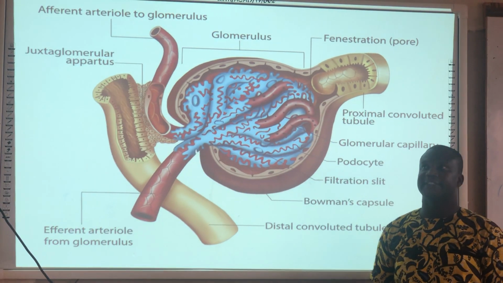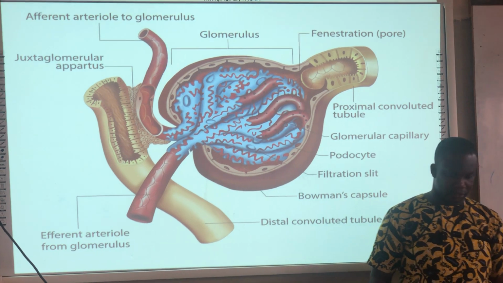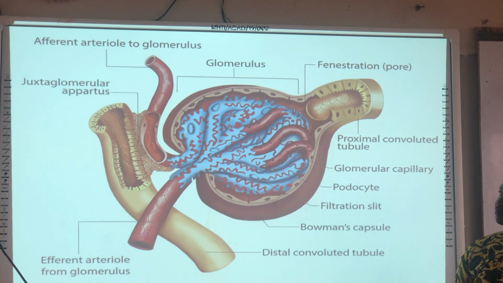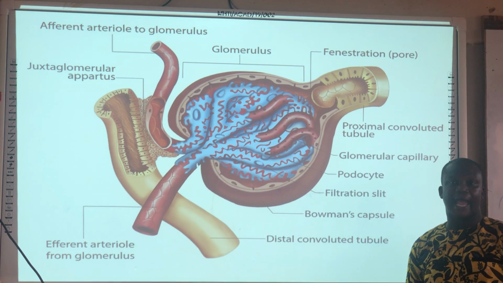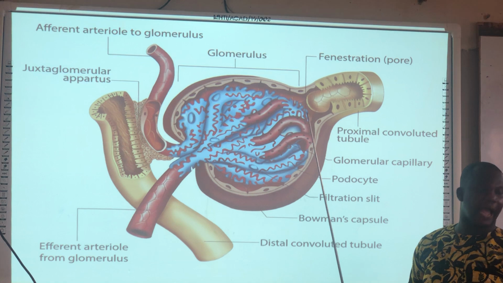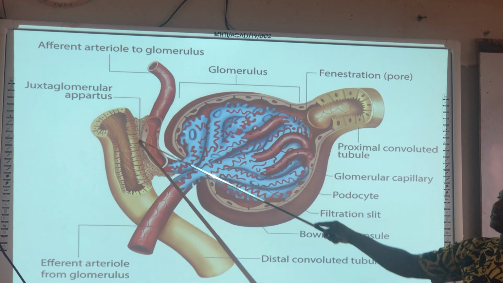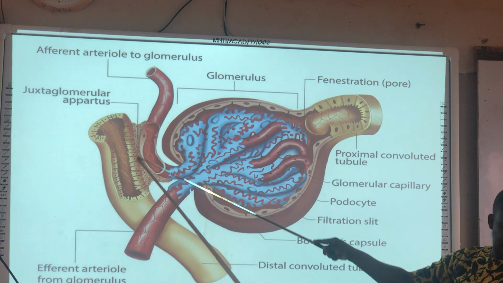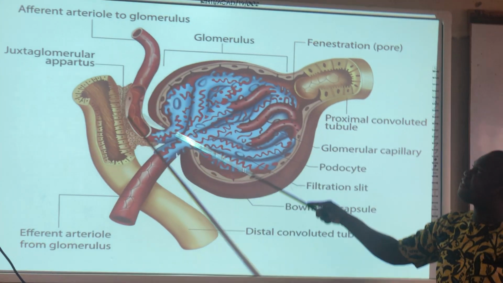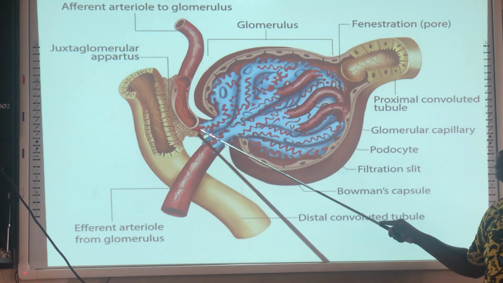Where we ended on the nephron, then the functions of the nephron. Today we are going to look at the juxtaglomerular apparatus. Now, when we say juxtaglomerular apparatus, what does it mean? We are talking about a region in each nephron where the afferent arteriole and the distal convoluted